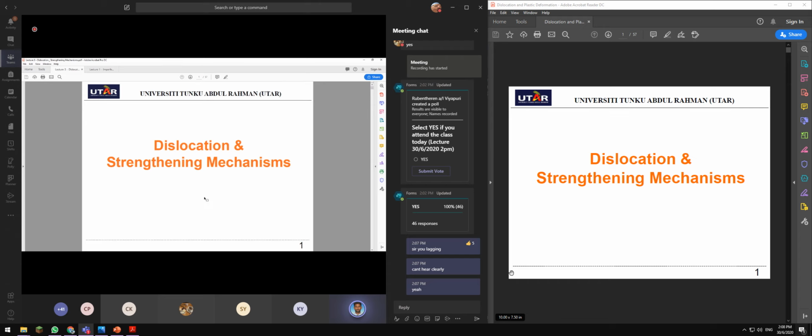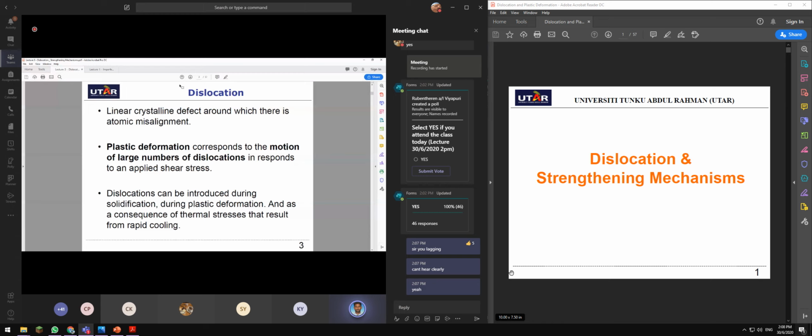Very interesting. Now, if you look at dislocation, guys, dislocation is a linear crystalline defect around which there is an atomic misalignment. So you can highlight misalignment and defect. Dislocation is essentially a linear crystalline defect around which there is an atomic misalignment. When you have an atomic misalignment, the first effect that you will observe is